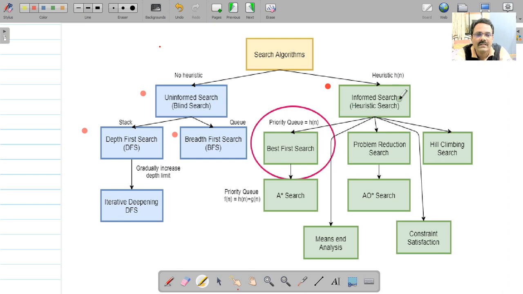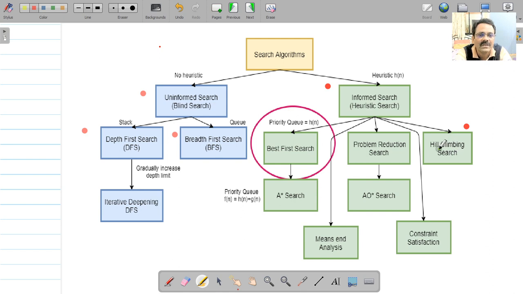In this category of search, we discussed hill climbing search. In hill climbing, we start with the starting node. If it's not a goal, we explore it, and then we find the best node among the available successors. If it is not a goal, we again explore its successors and find the best node among them.